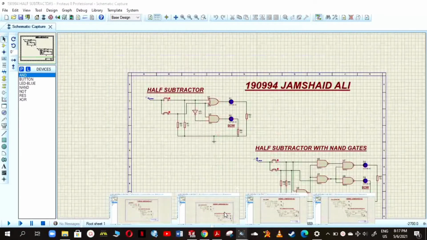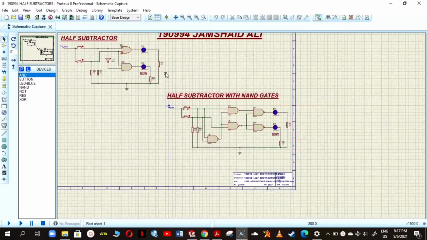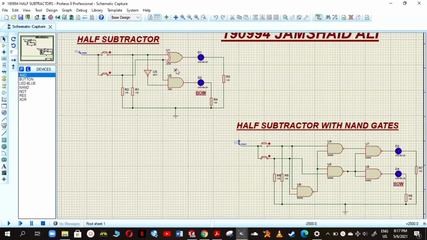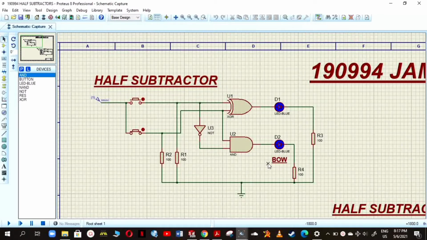Now we are going to move towards half subtractors. Half subtractors are just like the half adders, but here we use the concept of borrow, because for subtracting one digit from a second digit, we have to borrow from the other input. Now you can see here, I am attaching two inputs, with the help of XOR and AND gates, and here I use one NOT gate. This NOT gate plays the role of input to our AND gate, and this AND gate will show us the output in the form of borrow, and the XOR gate with the subtraction.